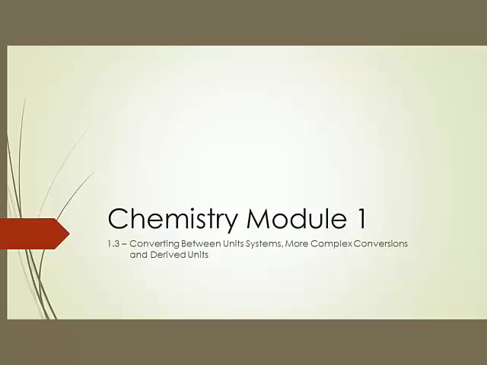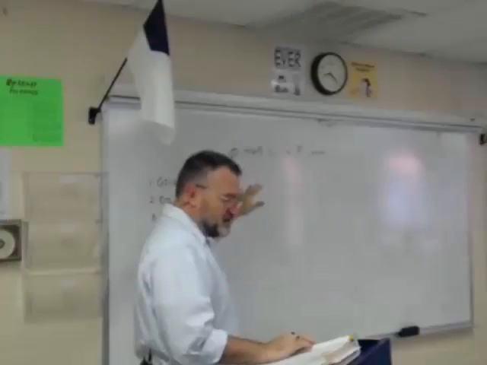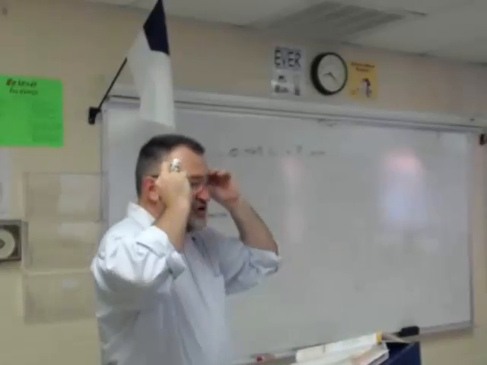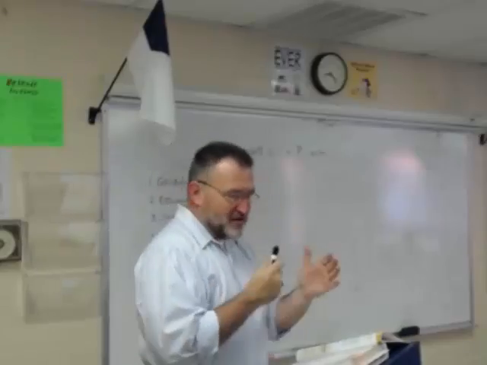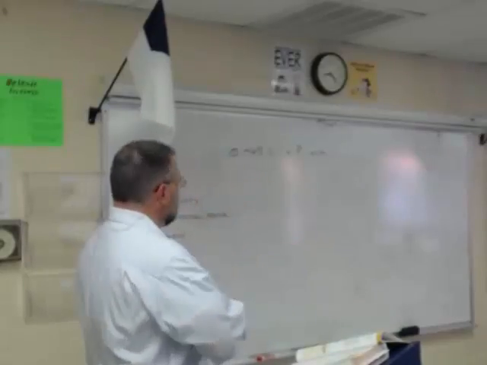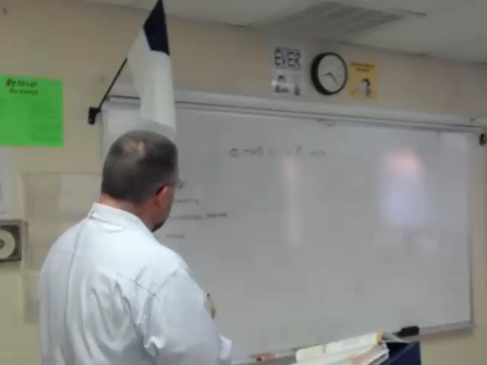So in this process here, the question says, if 0.465 liters of water are in a glass, what is the volume of water in milliliters? So we're not changing volumes, we're just changing how we describe that volume. We're translating it from milliliters, excuse me, from liters into milliliters. So our given is